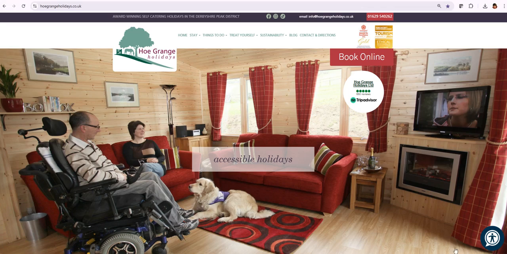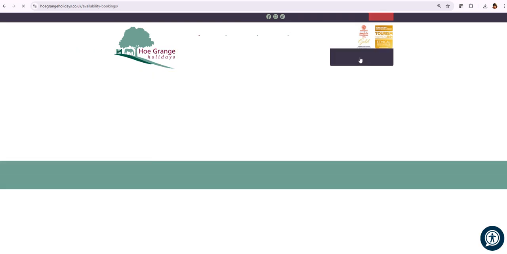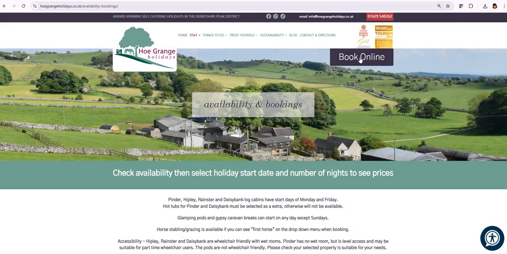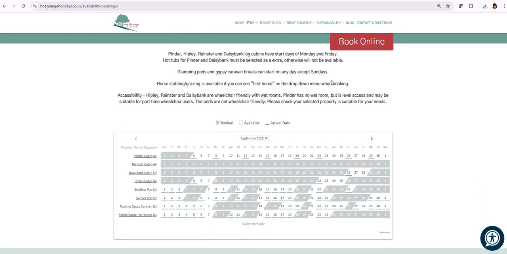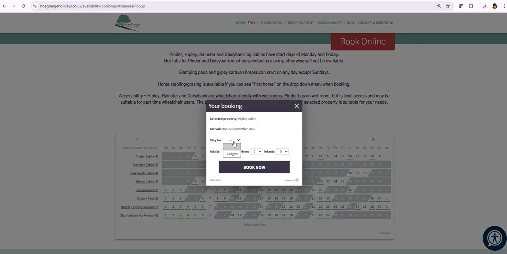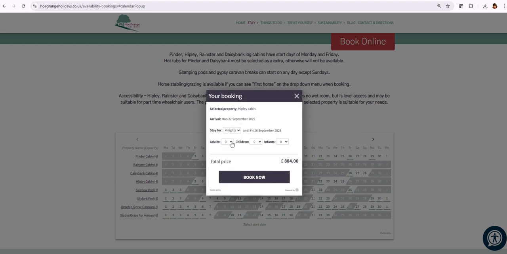So to add any accessible equipment to your booking, when you go to the Book Online calendar, I'll walk you through the process. So if you click the Book Online tab in the top right corner, you can then scroll down and you can see the calendar for bookings. So I'm going to pretend that I'm booking a holiday in Hipley for 4 nights,